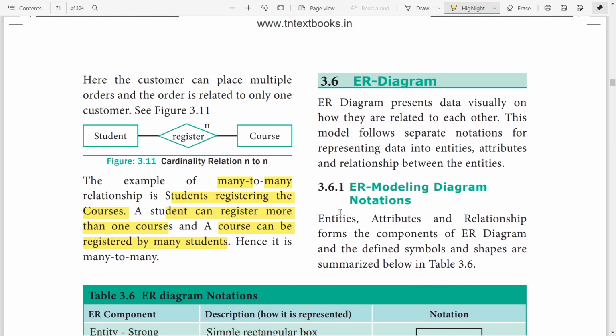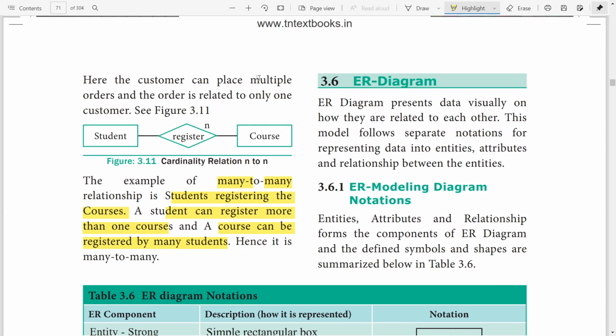Next one is the ER diagram. Entity relationship diagram. An ER diagram represents data visually, showing how they are related to each other. This model follows separate notations for representing data entities, attributes, and relationships between the entities.